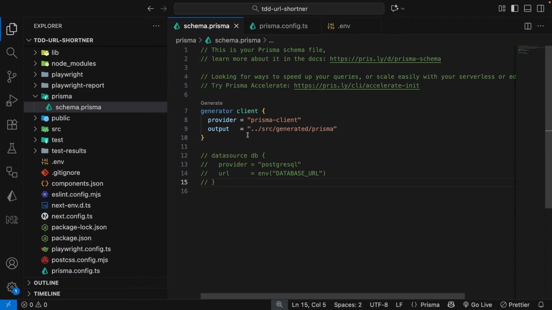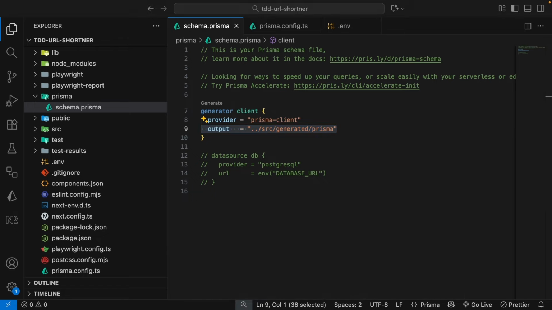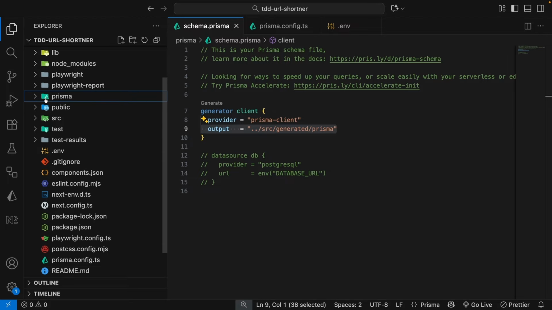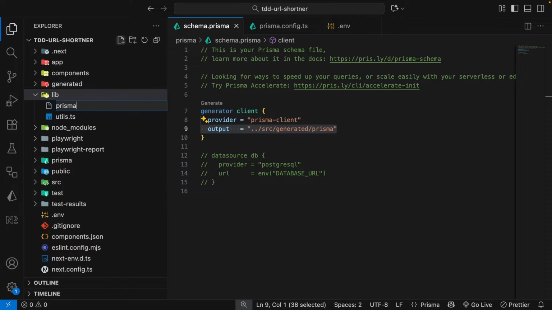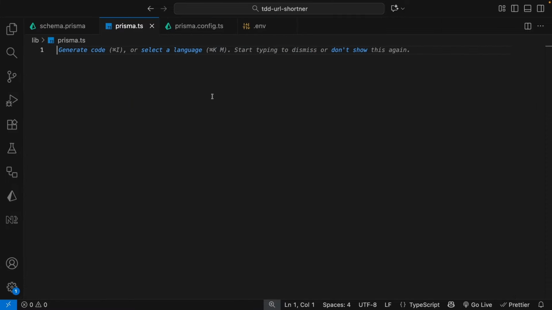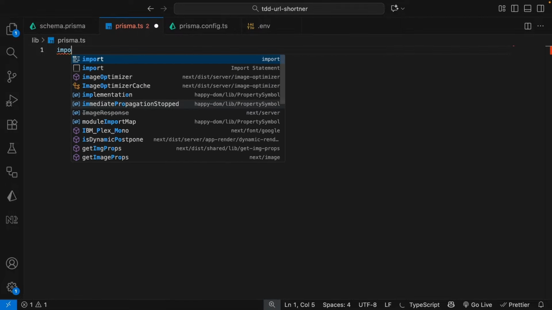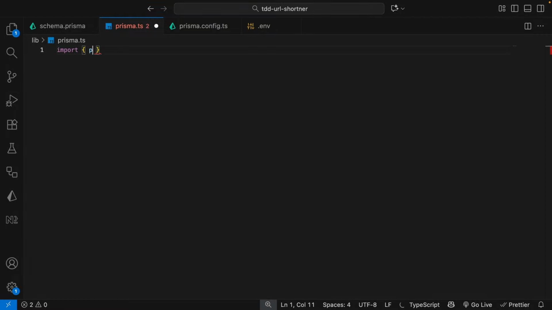And in the schema.prisma, we know our provider, and we know the output is going to be in the generated/prisma folder. All right, at this point we're going to be creating our Prisma client, and for that, I'm going to do that in the lib folder. And here I'm going to create a file called prisma.ts. And in here, first, let's bring in the Prisma client. So I'm going to import the PrismaClient. We don't have this yet,